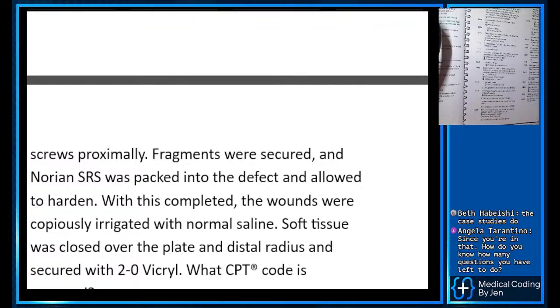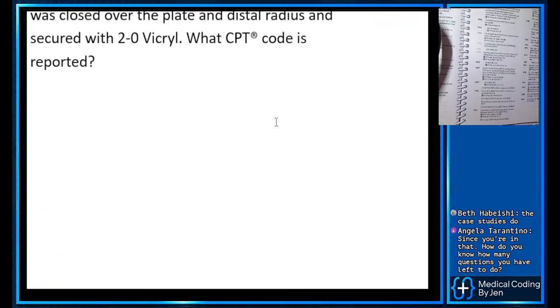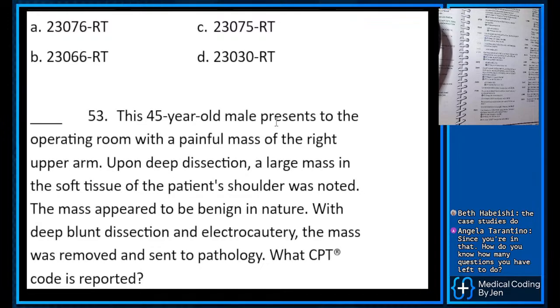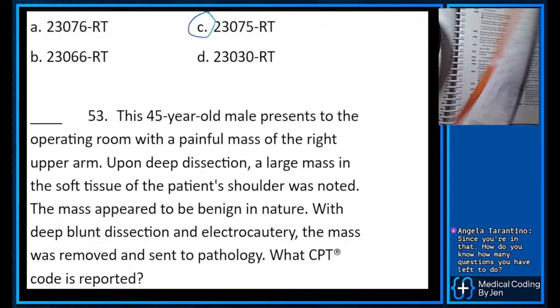And then for procedures, that is really kind of interesting. For this one, when you figure out what the answer is, what did they do today? They did a dissection. And so our answer for this one right here is C. So if we go to our code 23075,